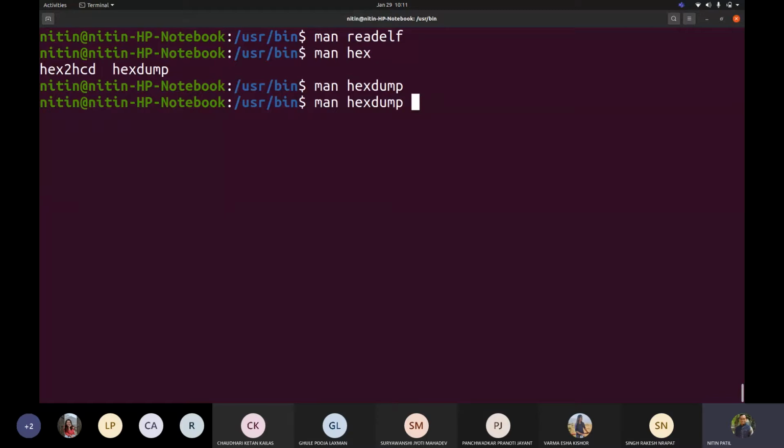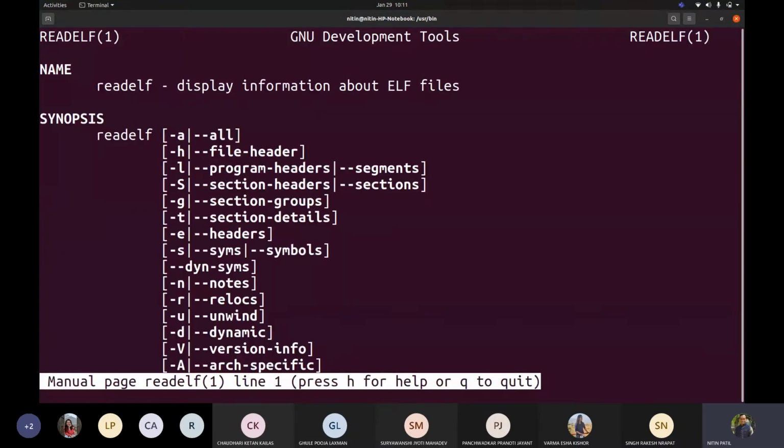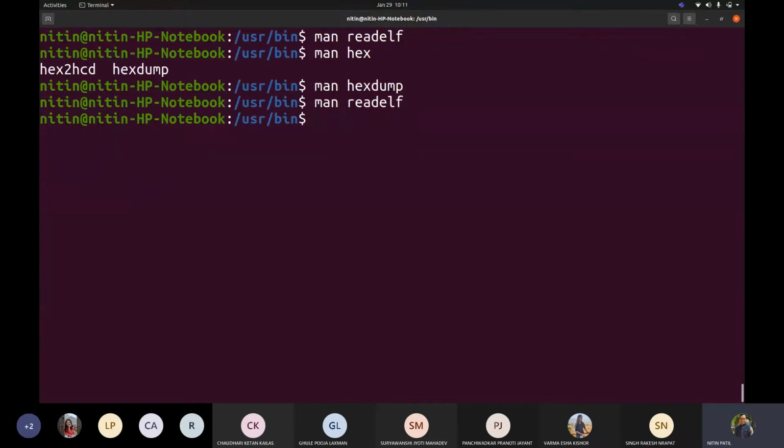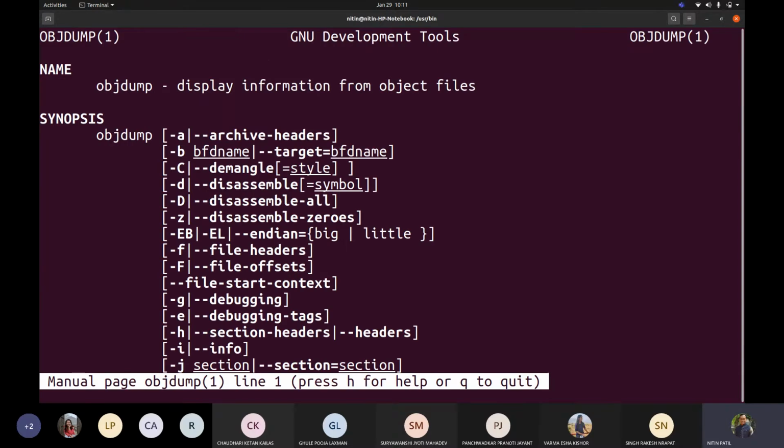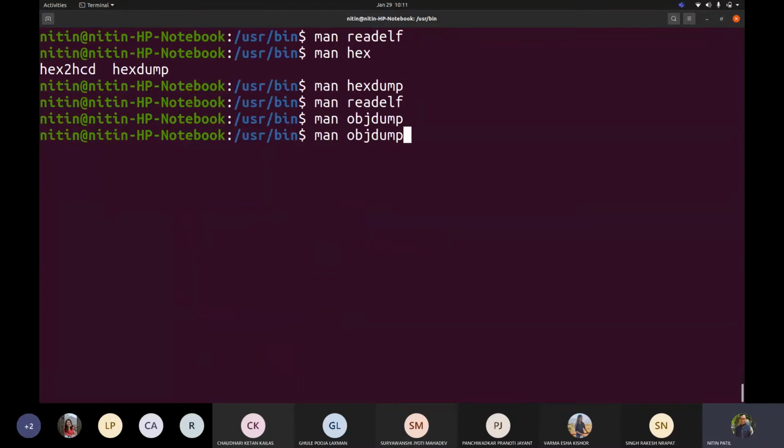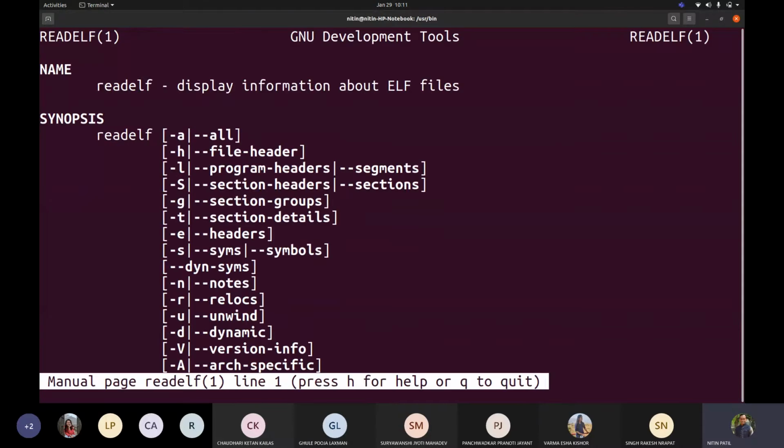So we talked about readelf, which contains multiple switches to see the contents of the ELF file that can be visible to the user. Now everything may not be shown to the user directly, because we saw different utilities, for example objdump. Objdump displays the object contents, and readelf gives information which is fetched from the ELF.